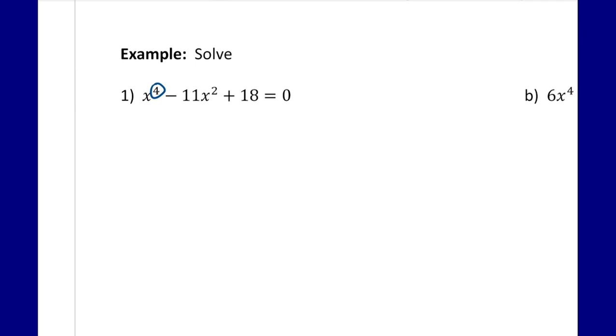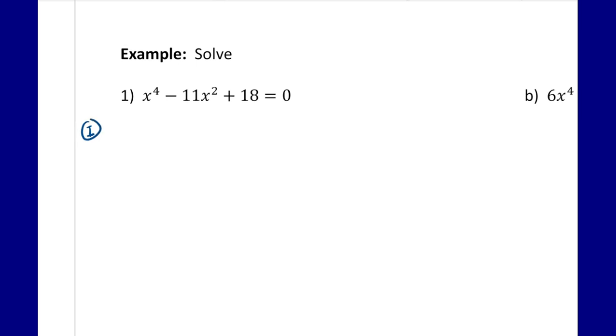So this is taking those same concepts, but applying them to other types of polynomials. Looking at this example, we have x to the power of 4, we have an x to the power of 2, and we don't have an exponent. So we can see that our exponents are increasing by 2 each time. If we see that this is the case, there are two ways that we can solve this. The first way,